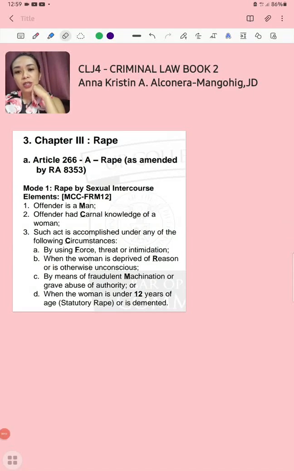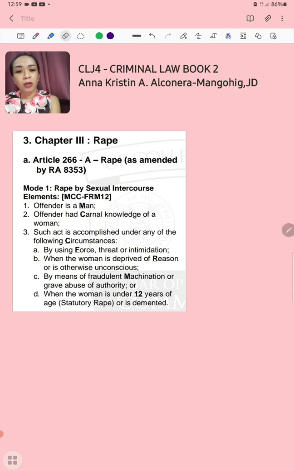Let's discuss chapter 3, which is rape. Another favorite during exams. Article 266-A is rape as amended by Republic Act 8353